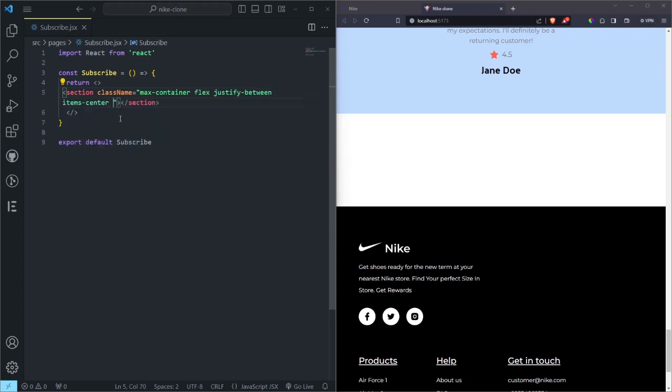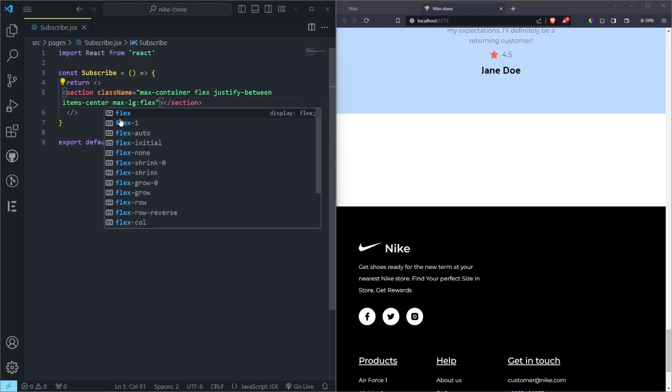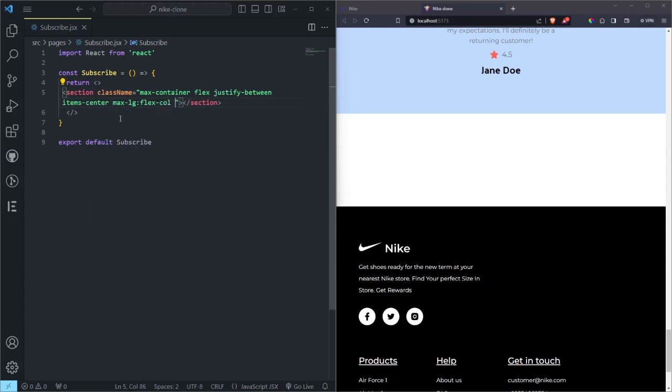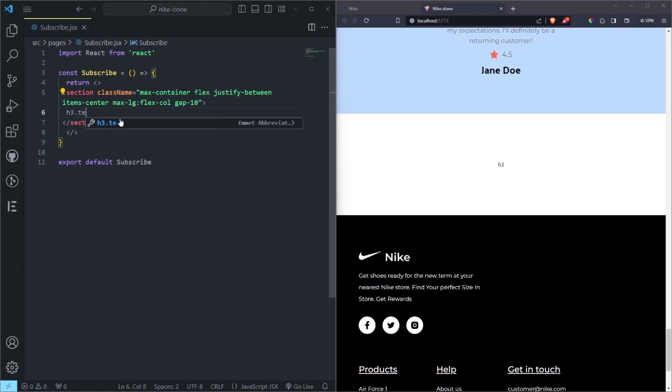Also add a max lg of flex column like that. Add a gap of 10. So come inside here, and then we are supposed to add, but we'll add that later. Let's first finish this. H3 of text for Excel,